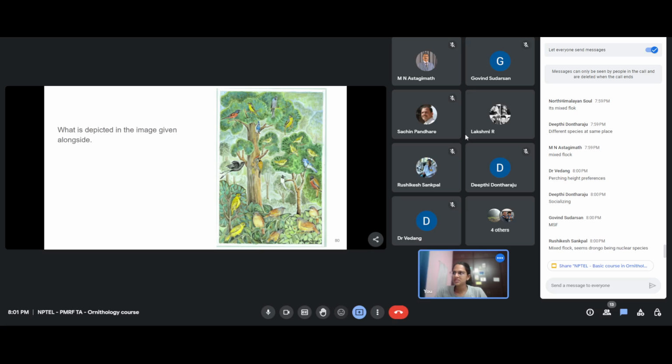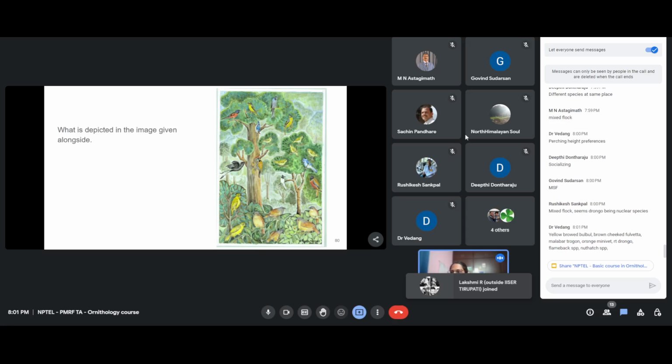Nuclear species. I'm not sure of that term. Oh, the one that is like the leader or holds the flock together. Sure, probably. There are, I think, a lot of studies that go into figuring out which of the species is the primary one or the leader, not a leader, but yeah, the nuclear species of mixed foraging flocks as well. And yes, they do occupy different niches of foraging, and that's the whole point.